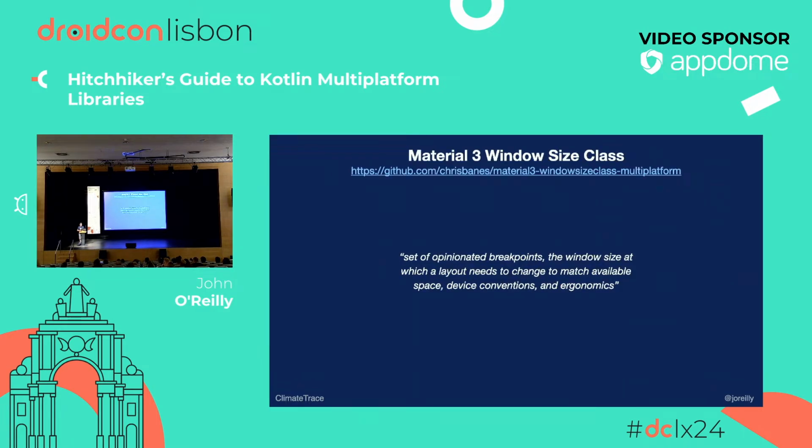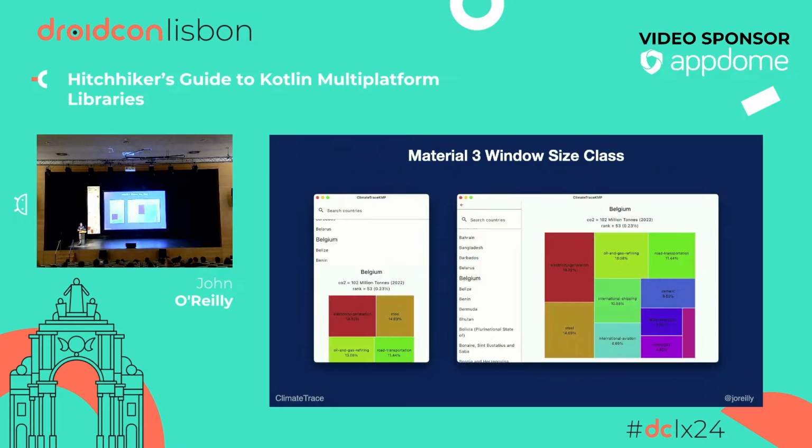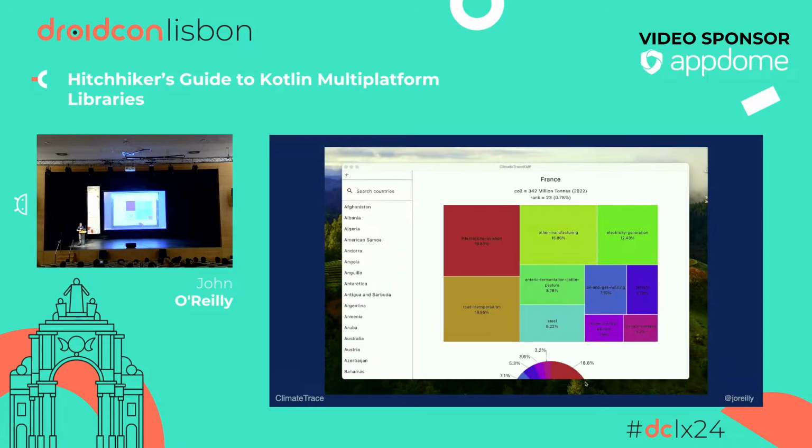Another Compose Multiplatform library we're using in this KMP port is this KMP port from Chris Bain of Android's Material 3 window size class. This allows creating adaptive UIs based on a set of window size breakpoints that we can generally apply across our clients. In this example of different layouts, we dynamically show, depending on the screen size, list and details in a column on the left, and then showing in a row as the window is resized. And we see this in action here